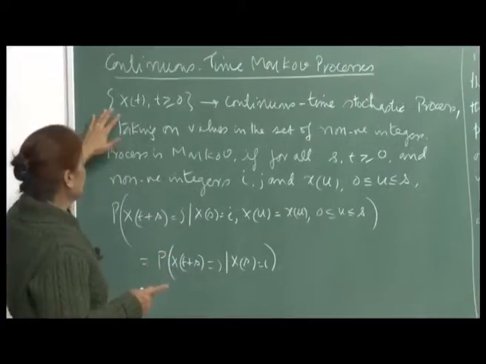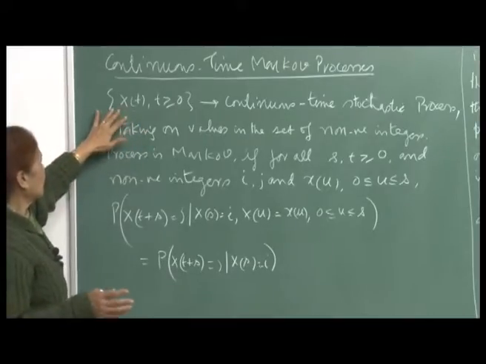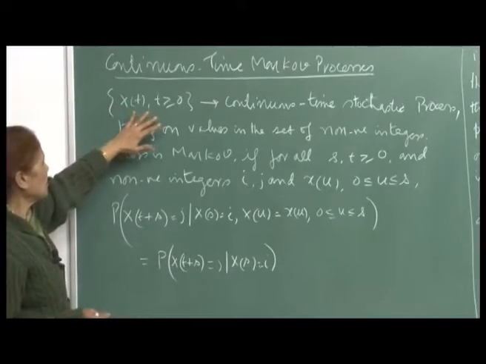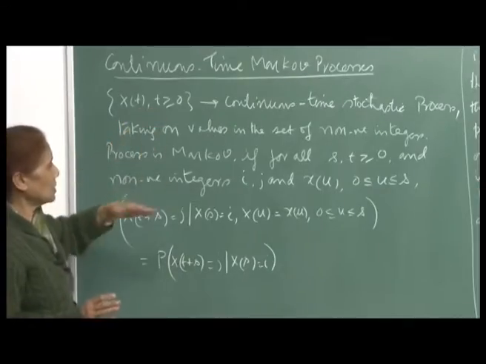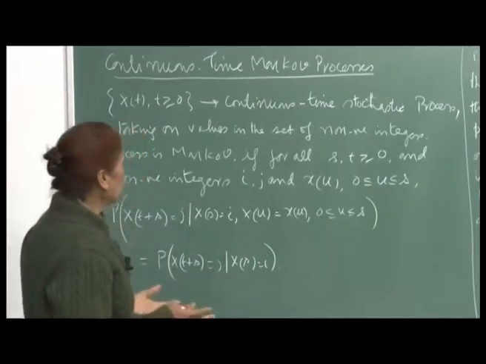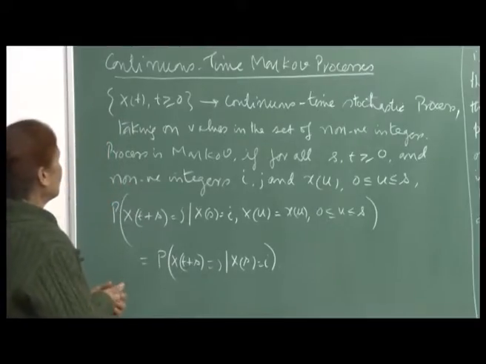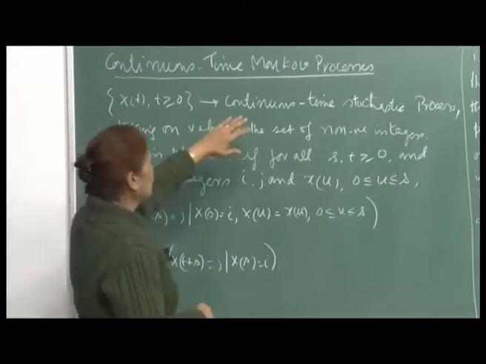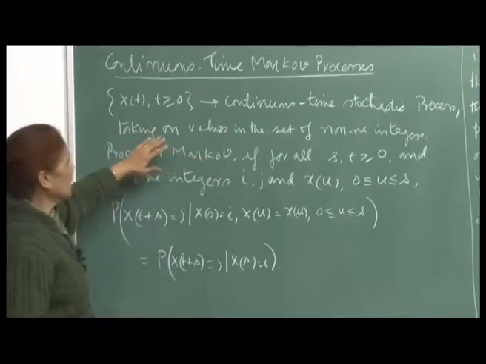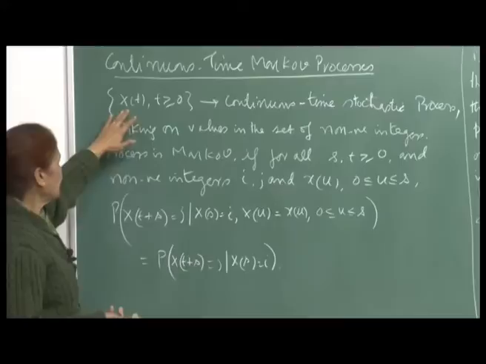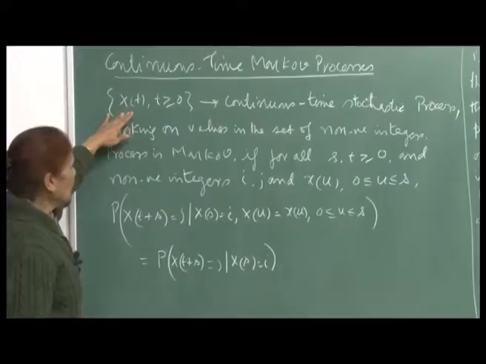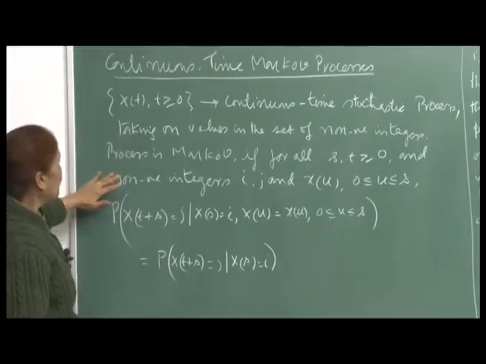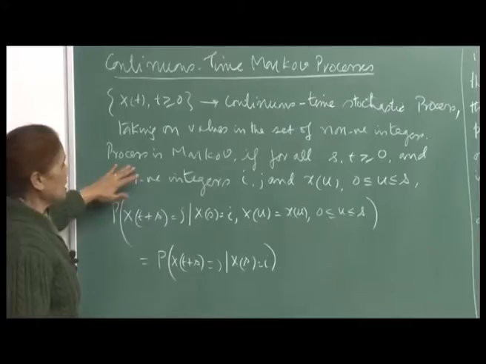So, we describe a continuous time process as X(t), where X is the random variable. So, X(t), t greater than or equal to 0. This is, as t varies, you get different values. Since t is greater than or equal to 0, the time is simply varying continuously. We say that a continuous time stochastic process taking on values in the set of non-negative integers, so these values would be positive integers, non-negative can be 0 also, is a Markov process